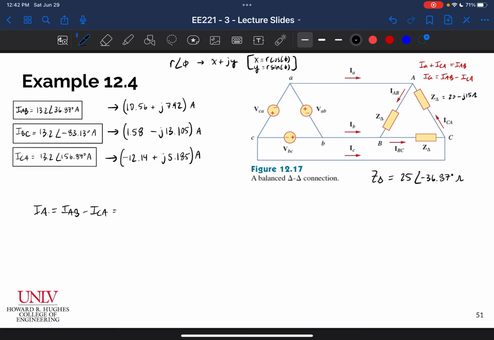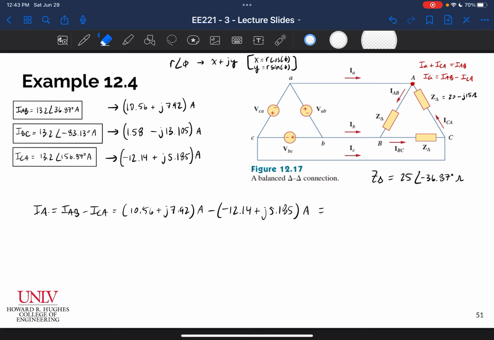IAB in rectangular is 10.56 plus j7.92 amps, minus ICA, which is negative 12.14 plus j5.185 amps. And if I put that into my calculator, right, this is just me doing KCL at this node, I get that IA,